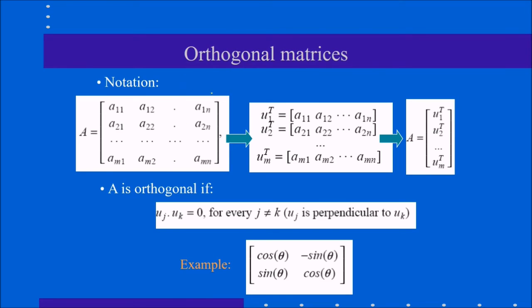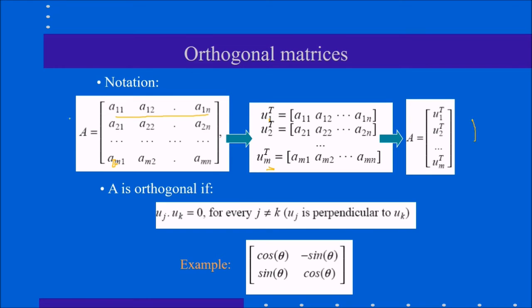What about orthogonal matrix? See, if A is this matrix, you are taking the first row, second row, and so on. These are the first one, second one, third one, so we have taken the rows here. How many rows are there? There are m rows, because this is an m by n matrix. You can represent them by u1 till um.